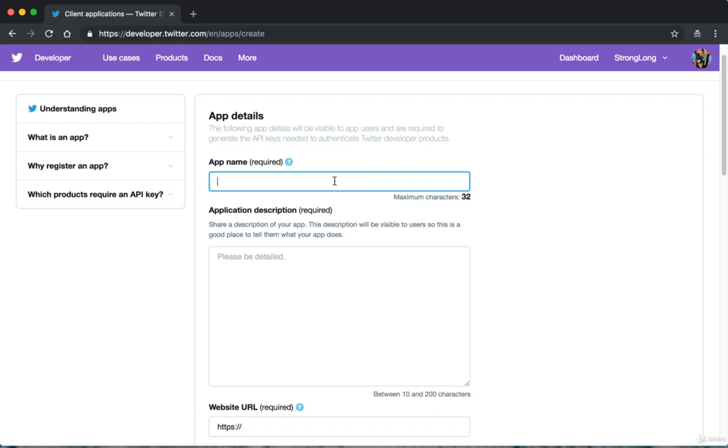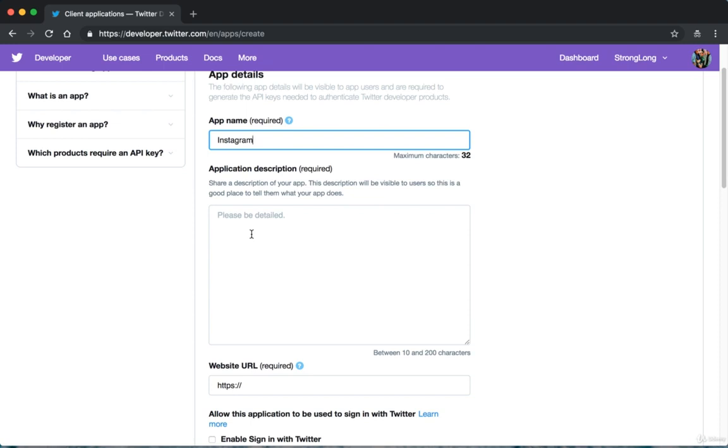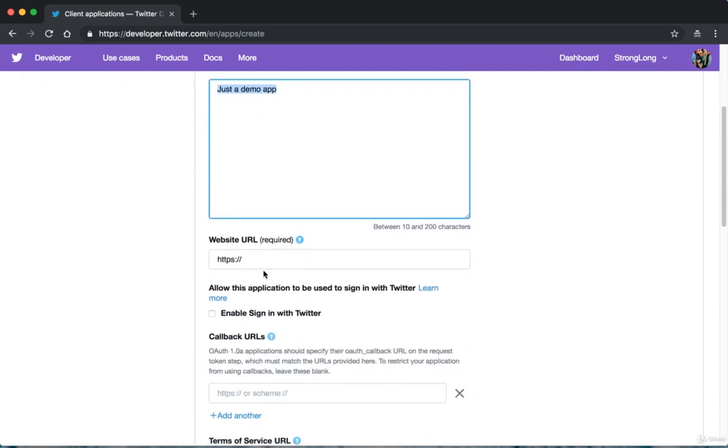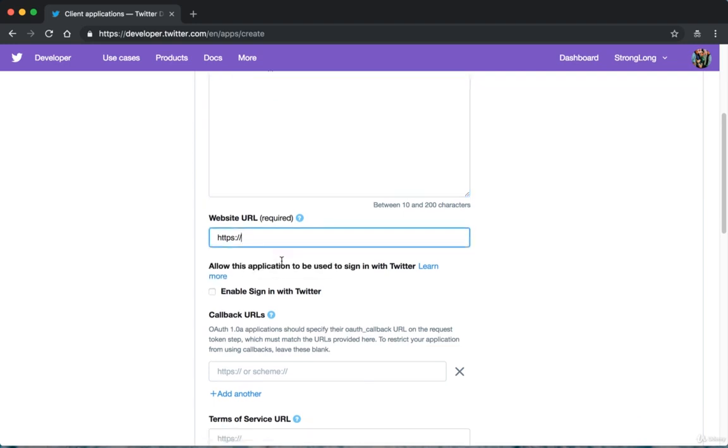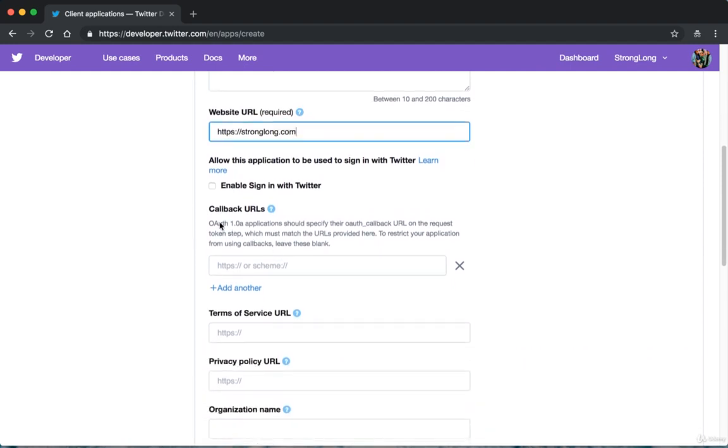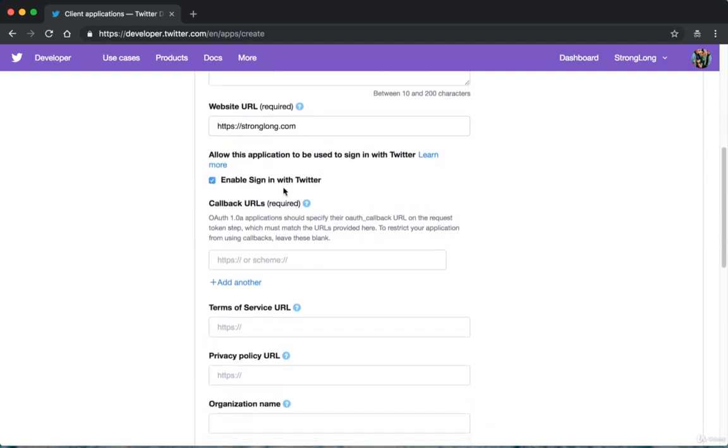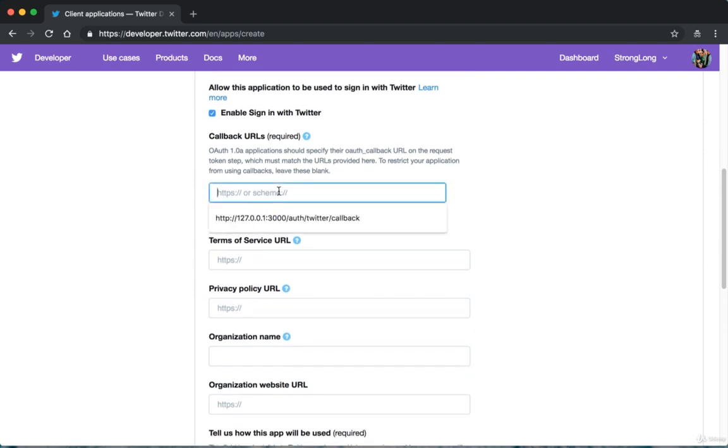The first is the app name, Instagram, and describe something, just a demo app, right? And the website URL, this could be anything, stronglong.com, just my name. And click enable sign in with Twitter, and notice that on the callback URL you should write something like this: